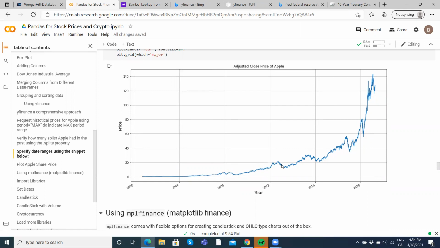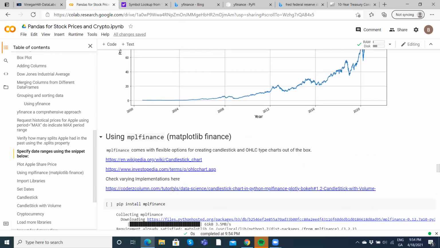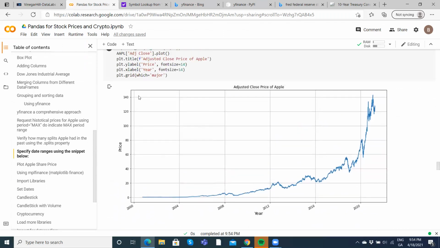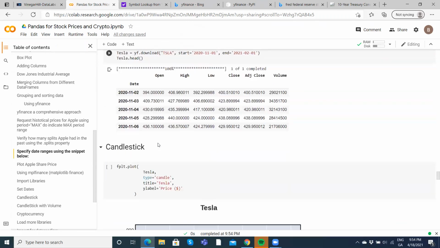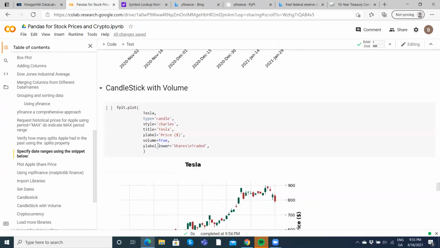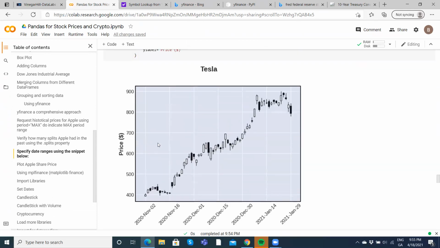Then after 2013, 14, some adjustment here in 2017, 18, some adjustment. And we see that, but the trend has been kind of exponentially going up over time. Okay, I'm going to leave that there, and the rest of the workbook includes some crypto and candlesticks, using mplfinance,